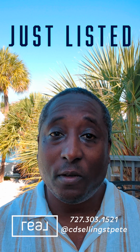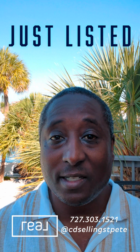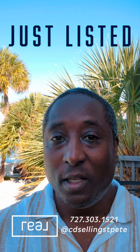You have a beautiful open foyer, an open floor plan, three beautiful bedrooms with three open, wide walk-in closets, and the bathrooms in them are spa quality. I thought I was in Caesars in Vegas. It was amazing. And you can see from the pictures, almost every side of the home has a view